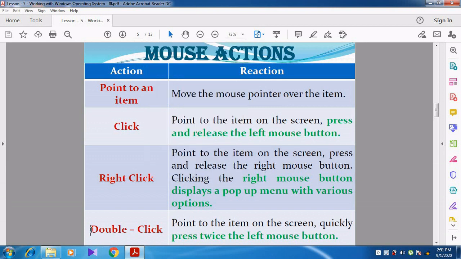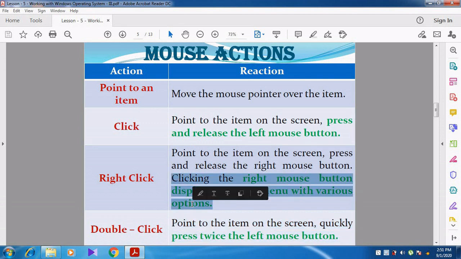Then double click. What is the use of double click? Point to the item on the screen and quickly press the left mouse button twice. For example, if I double click on a particular word, say the word mouse, the word will be selected.